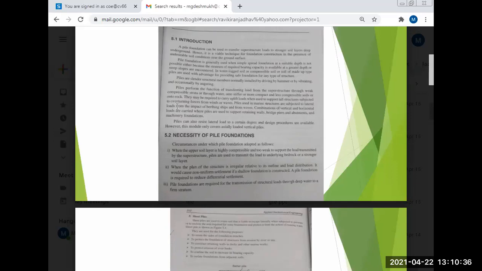After friction pile, we studied compaction piles. What are compaction piles? Compaction piles are used in granular soils, and their main function is to increase the bearing capacity of the soil. Then we studied anchor piles. Anchor piles are used to hold large waterfront structures. Just as an anchor, they act as an anchor. And next we studied tension piles. What happens in tension piles? The upward forces are resisted here. In all other piles, the load comes from the top and the downward forces are resisted. But in the case of tension piles, upward forces are resisted.